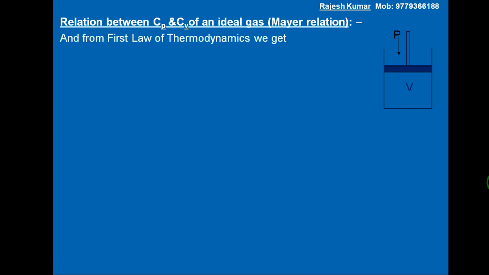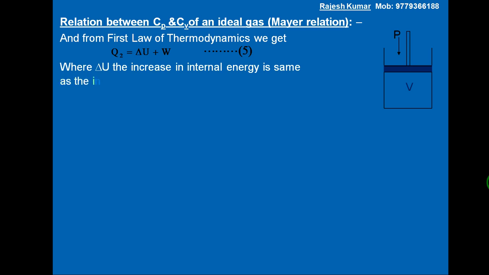And from the first law of thermodynamics, we get Q2 is equal to delta U plus W. Let it be equation number 5, where delta U, the increase in internal energy, is the same as the increase in temperature is the same,